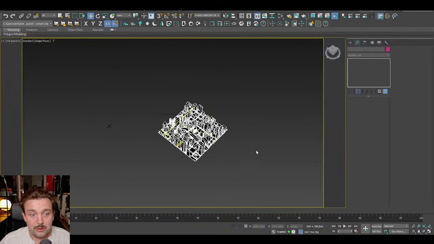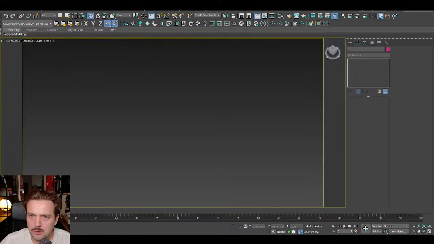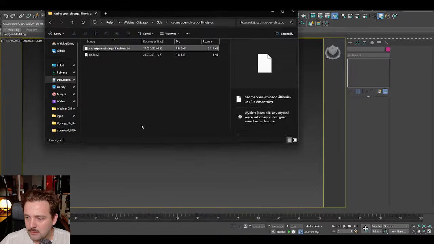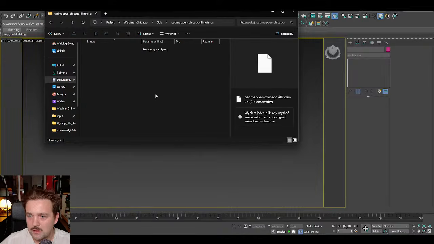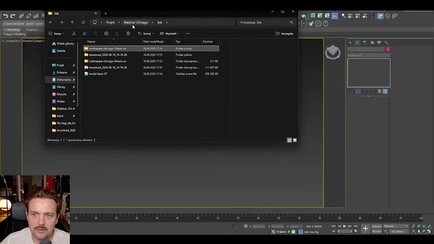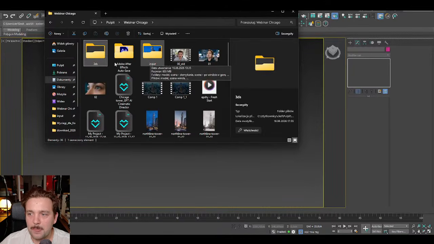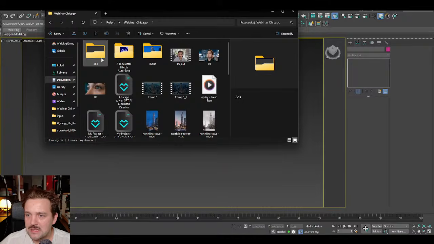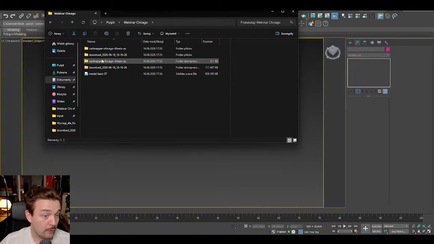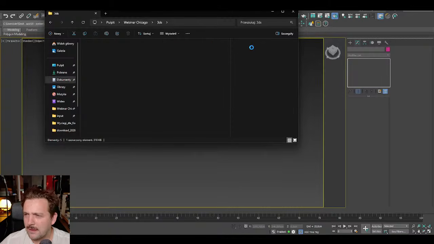So in this case, I'm going to put this building in, just to show you. I'm going into my scene folder and going to find the saved model, because in this case I just saved it as the OBJ and textures. It has a 2K resolution texture, but we can also use